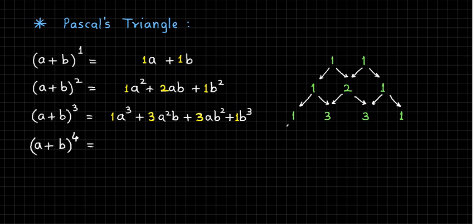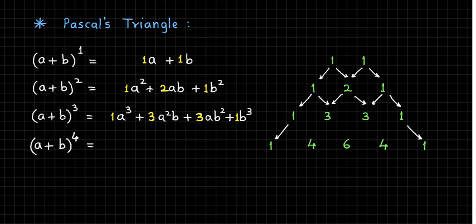So with this we can easily find out what will happen in the next row. You see that the ones will get carried over on the left extreme and right extreme, then 1 and 3 added gives us 4, then 3 and 3 added gives us 6, and 3 and 1 added gives us 4. So interestingly here we have already found the coefficients in the expansion of (a + b) raised to 4. Now all we have to do is write the terms involving a and b, and